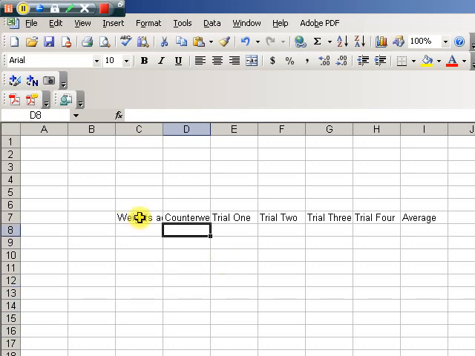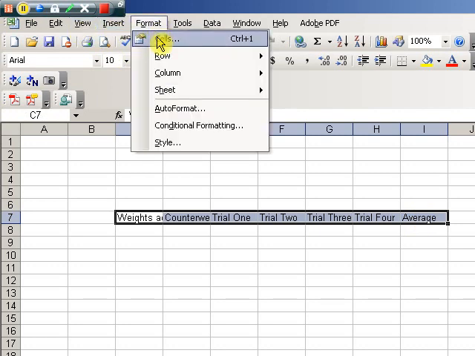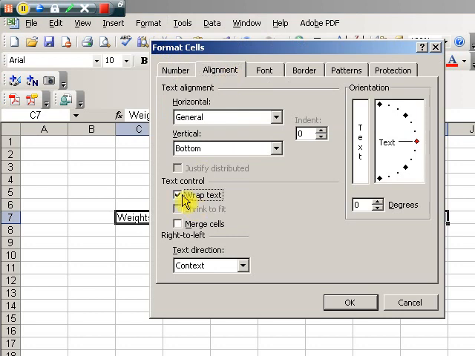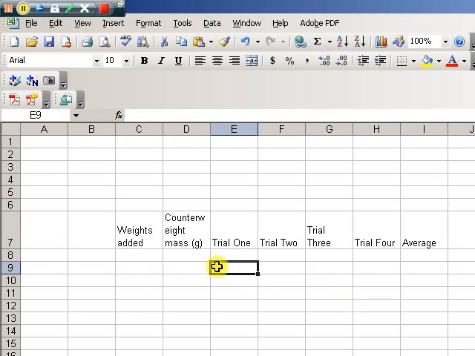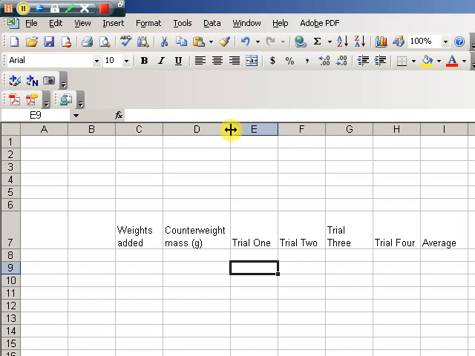Now you can see here that the information in our cells is hard to read. Some of the words are too big. What I can do then is highlight these, select format, cells, alignment, and I'm going to say wrap text. If I wrap the text, it will do what it's just done there. Now I still have counterweight mass kind of broken up, so I can move my cursor up to the side of the cell and just drag that over